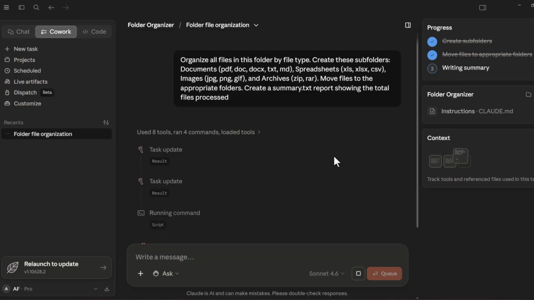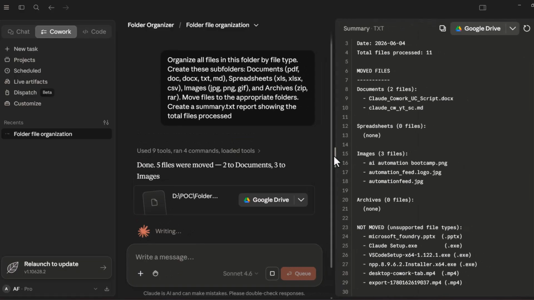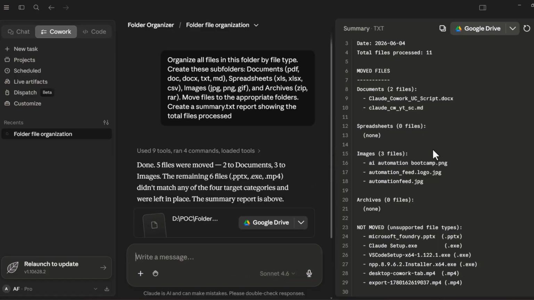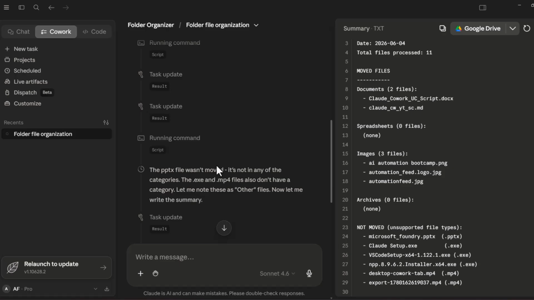Now while this is working, you can quickly go and grab a glass of water or have your tea or coffee, and it is working effortlessly without you requiring to control it. So it has given a text file summary also. It has used 9 tools and ran 4 commands. Click on this, you will be able to see what the tools were and how it has arrived at this